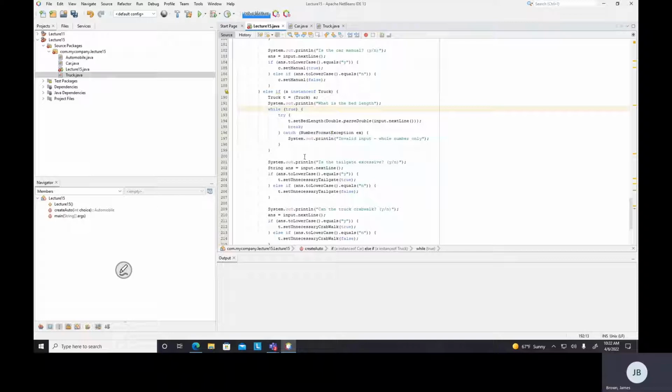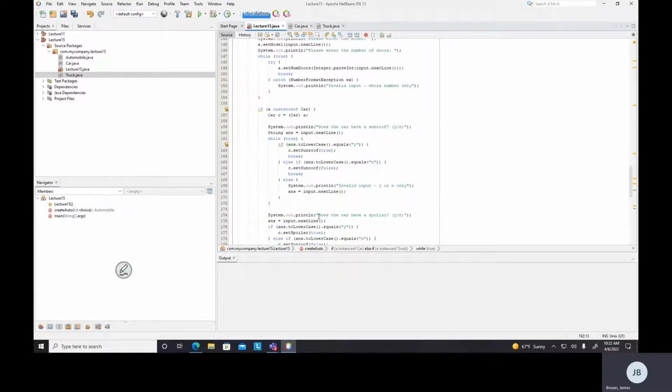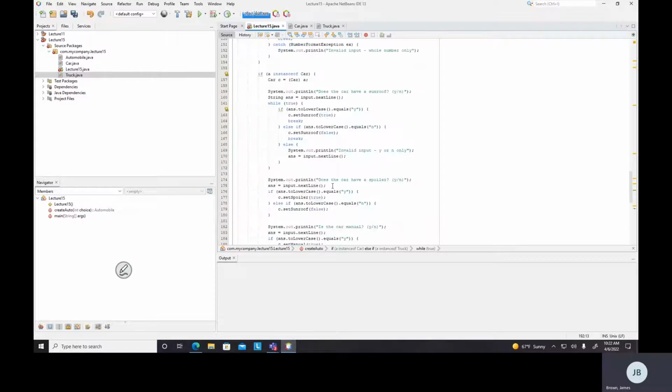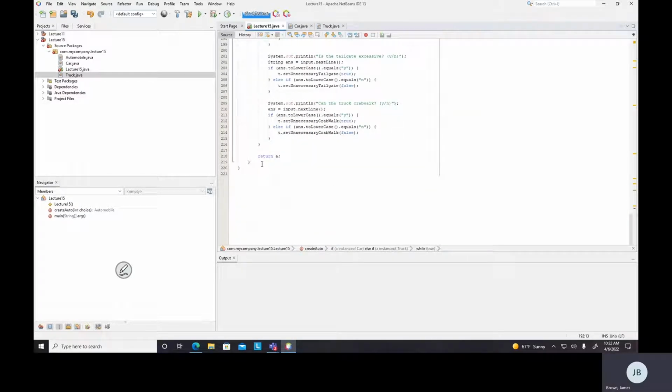All right, and that way, each one of these, we're checking to make sure it works. Each one, we would check to make sure it works. Okay. So that's creating an automobile. I'm going to do my public static void displayDetails,